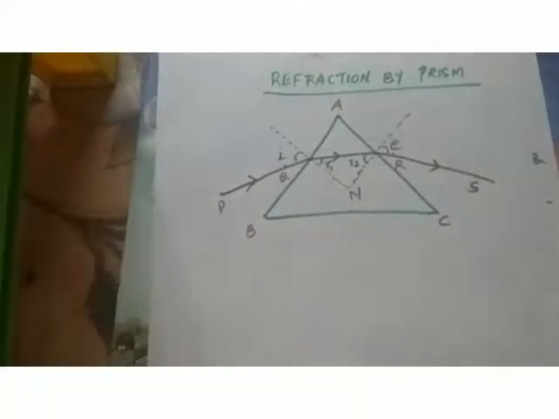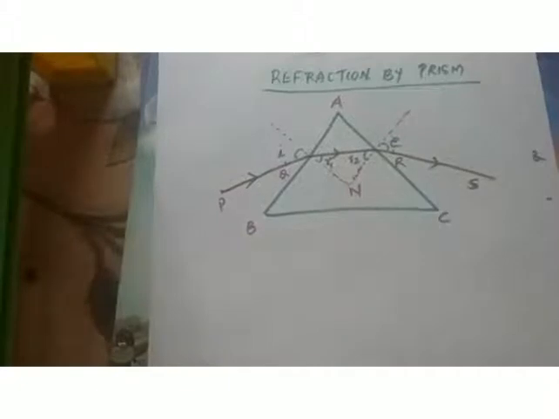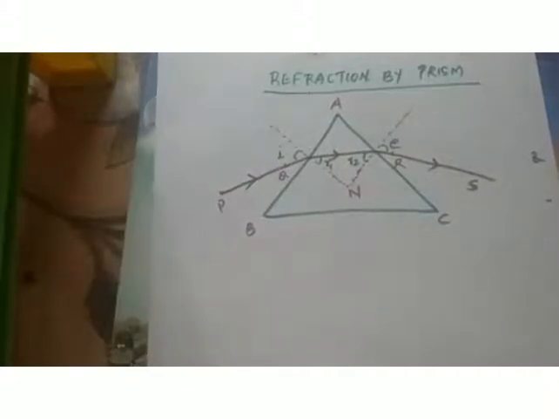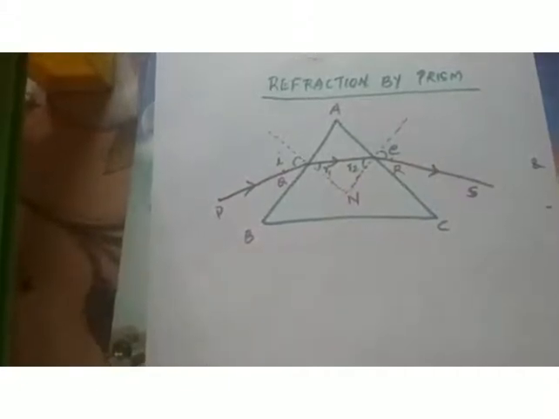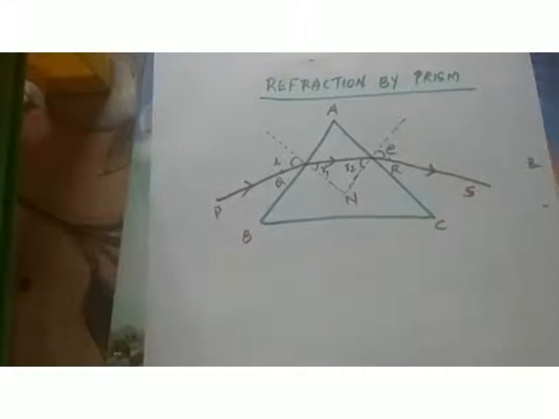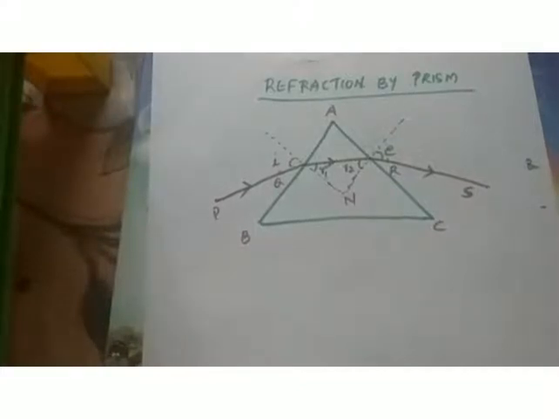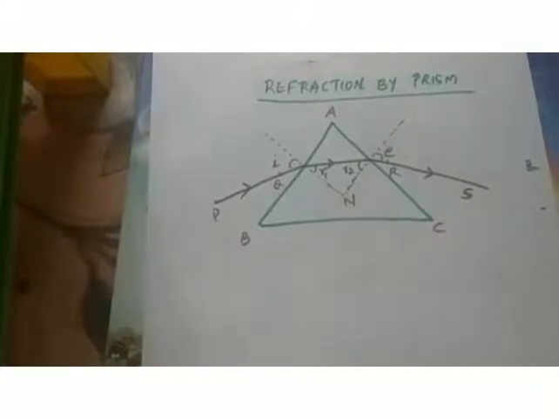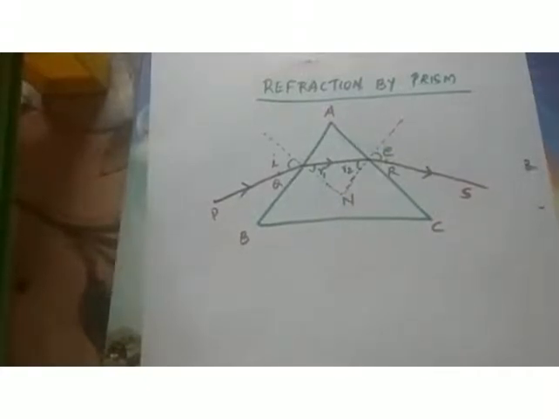Children, as discussed in our introductory video, let's discuss refraction by a prism. So here you can see a prism, and usually the traditional shape for a prism is a triangle, and it's not necessary that it's always made of glass. It can be of plastic or fluoride or any type of material like that. However, its main property is that it refracts light.